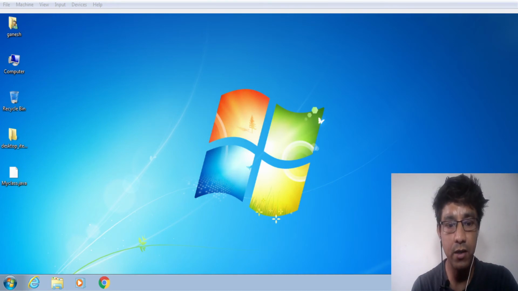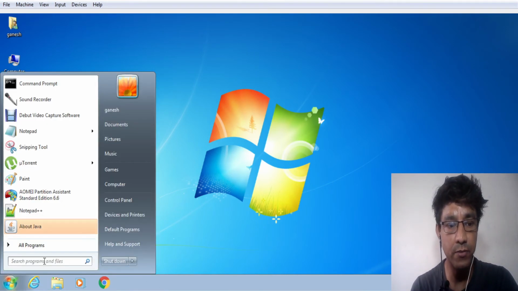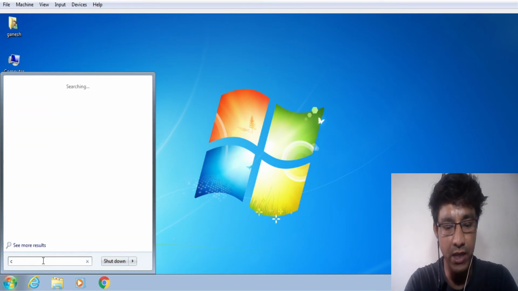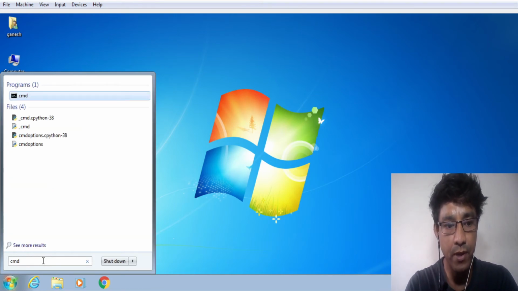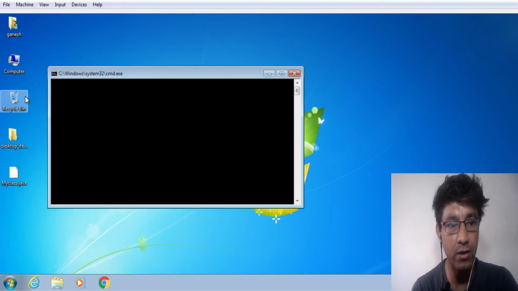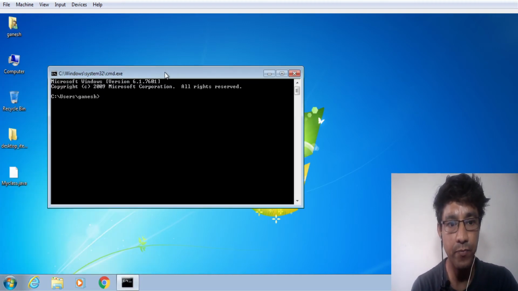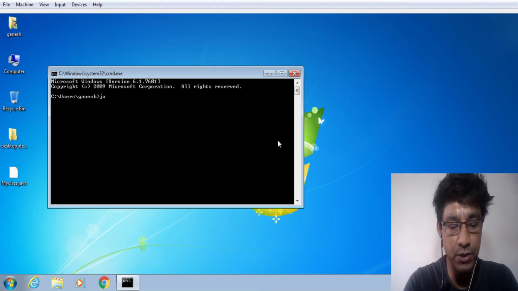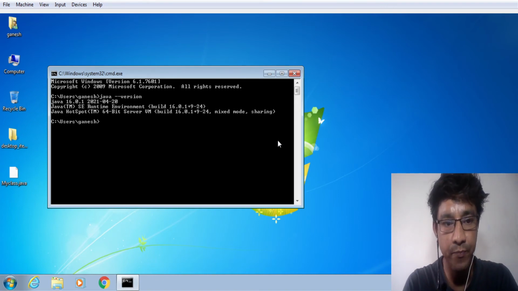How to check that? You click on start, type cmd, and the first one appears, cmd. You can click here, then type java space dash dash version, press enter.